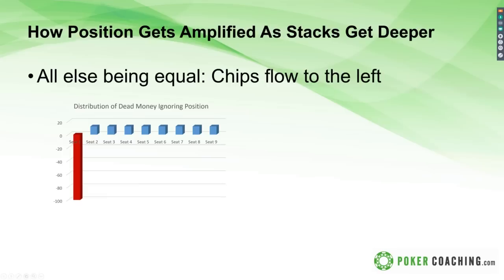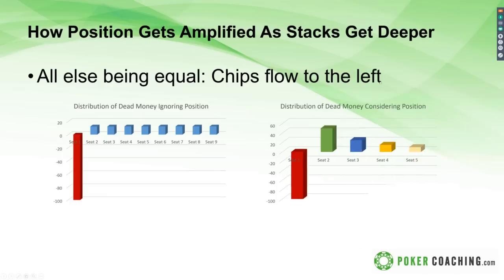And the assumption, without factoring in position, is that all players of equal skill at this 9-handed game are going to split up the money. So if this player, seat 1, is going to lose 100 big blinds, then everyone else at the table is going to pick up 12 and a half big blinds. Right? Wrong. That is not the case,